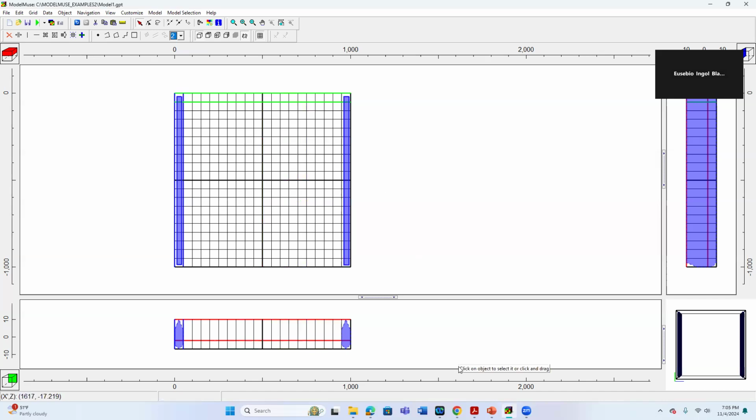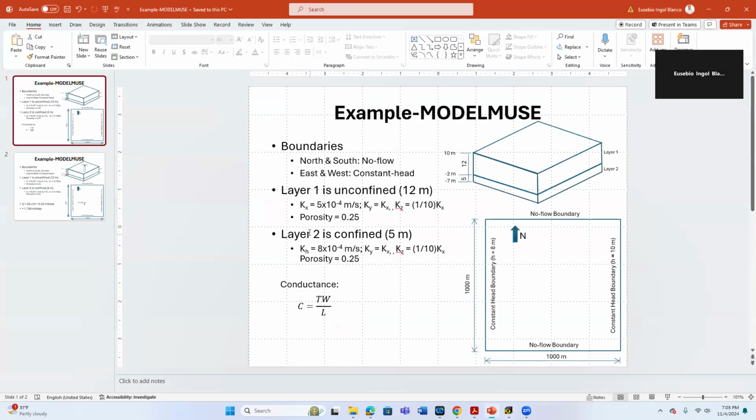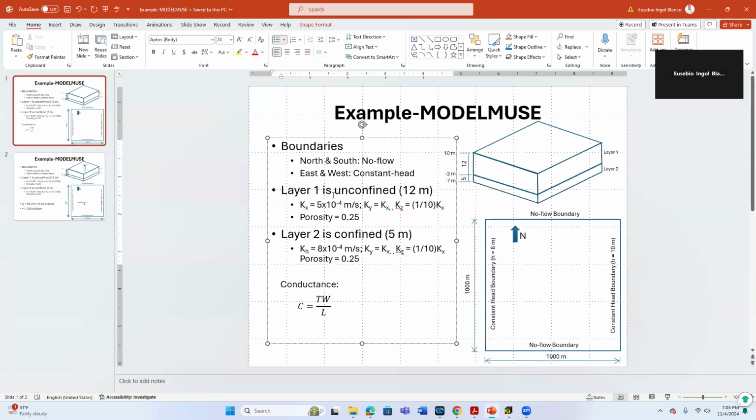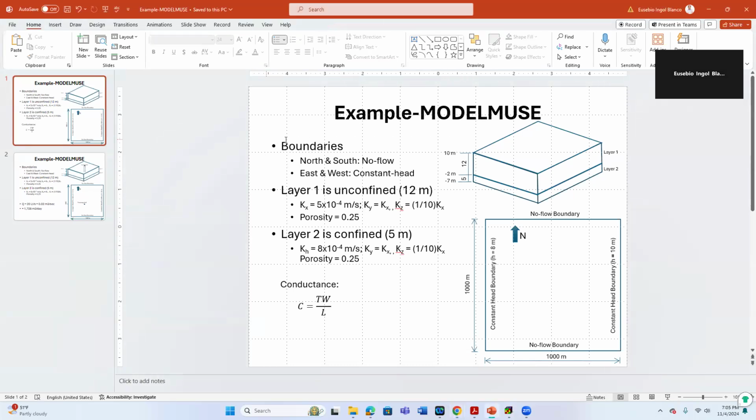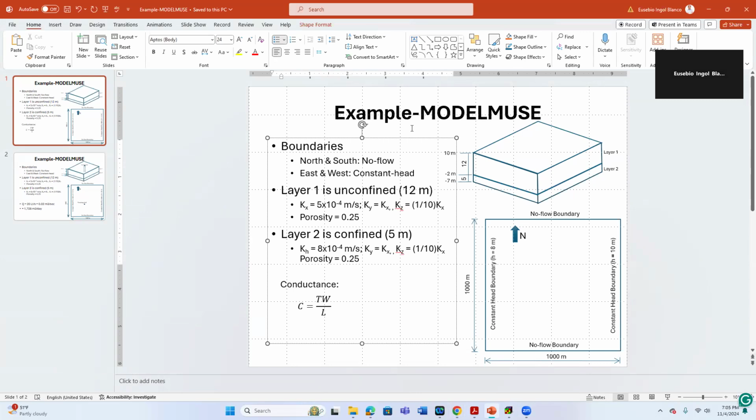And then there is another aspect here that I want to explain to you. You see the conceptual model here. We are talking about the first layer being an unconfined layer, and the second one a confined layer. The idea there is to work with two kinds of layers. However, in MODFLOW 6, we need to analyze, or we need to provide